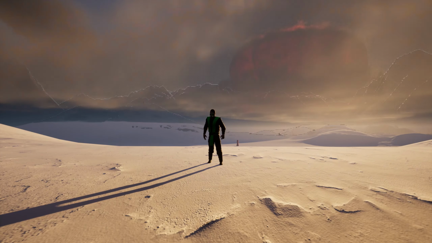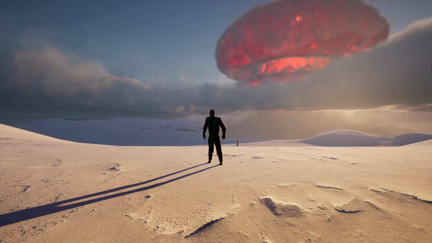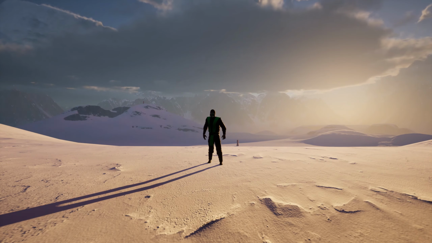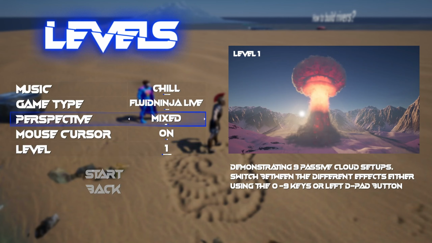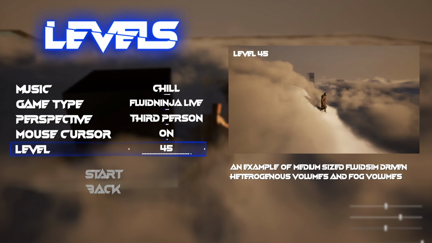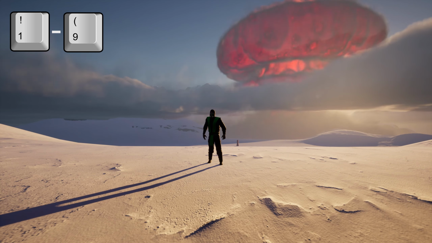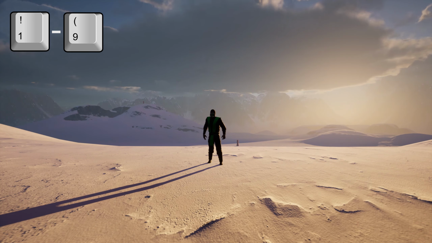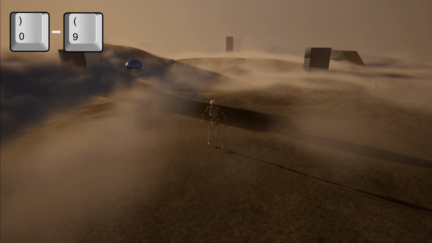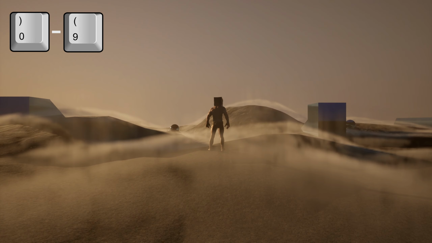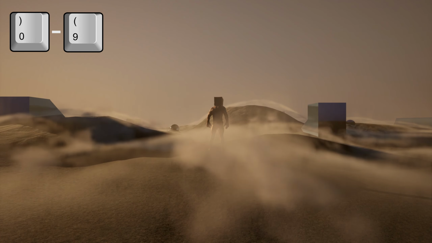2 levels within the game also have the ability to switch effects being used within the levels. These levels are the first mixed perspective level and the 45th third-person perspective level within Fluid Ninja Live. Within the first mixed perspective level, you can use the keys 1 to 9 to switch between the different environmental effects. Within the 45th third-person perspective level, you can use the 0 to 9 keys to switch between the different